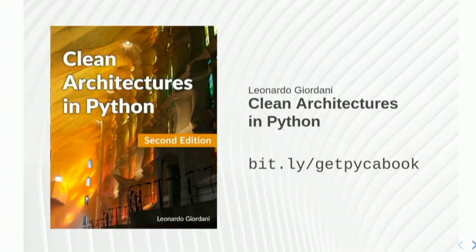Really, last two slides. I wrote a book about these concepts, Clean Architectures in Python. It's a free book. It's available there. The example I showed you today comes from the book. There, I implemented it properly with TDD all the way. A lot of error checking, so the whole book is about that example. Okay, just retrieving a list of objects. I implemented it with Postgres and MongoDB just to show that it's possible to use different databases.